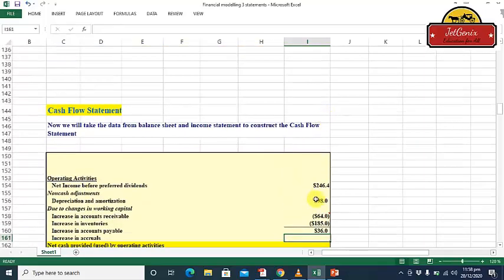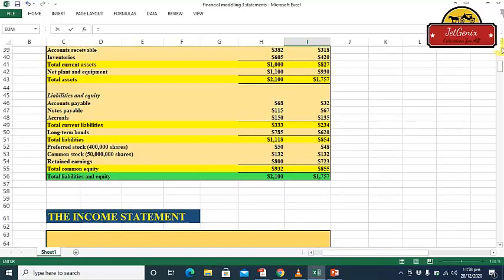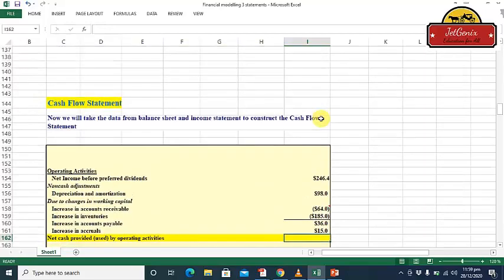Press enter, and now we have a 36 million increase in accounts payable and an increase in the accruals. Press equal and again scroll up to the balance sheet and we can find the accruals here. Yes, this one, 150 minus 135. Press enter. This is the 15 million we have collected so far in the